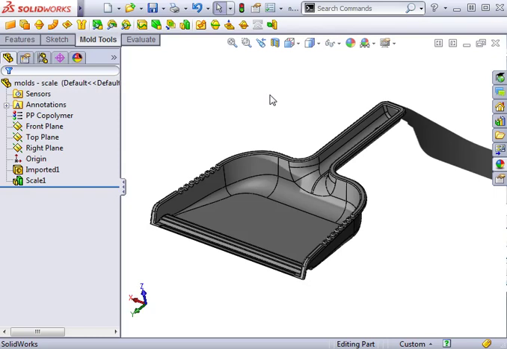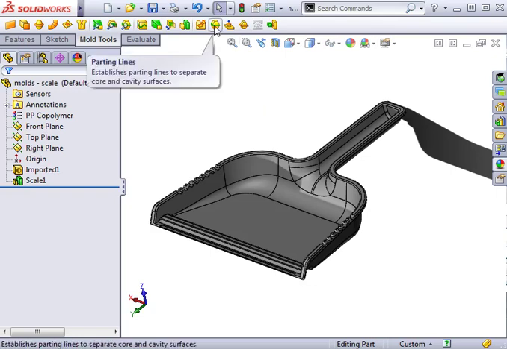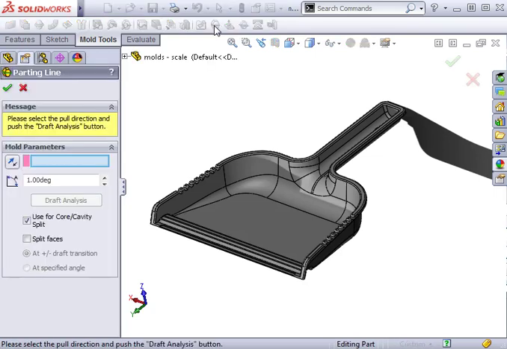Let's take a look at how to generate a parting line for this part. On the Molds toolbar, there's an icon for the parting line feature. I'll select it and the Parting Line Property Manager appears. Remember that the parting line is the boundary between the positively and negatively drafted faces of a part. To determine which faces have positive draft and which faces have negative draft, the parting line feature will use the